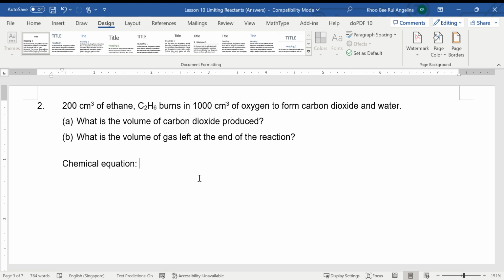this question again. So let's see. I have 200 cm3 of ethane. It burns in 100 cm3 of oxygen to form carbon dioxide and water. I'm going to start by writing the chemical equation first. So that's